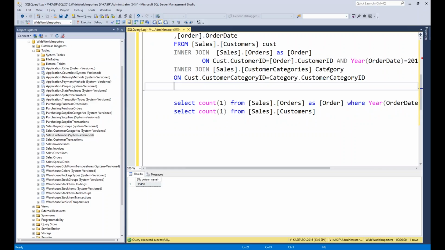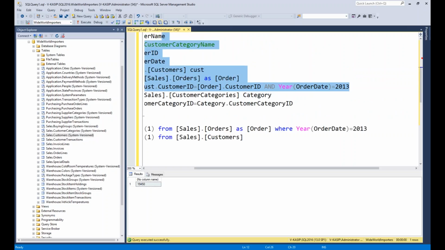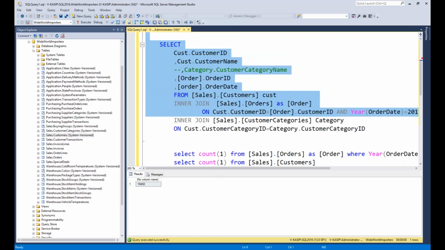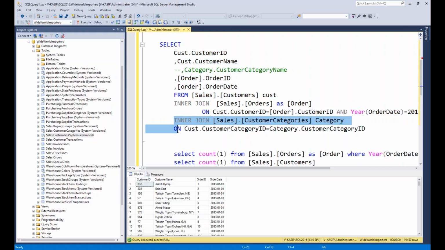Then if you do this, how many rows will it produce? 19,450. Instead of getting 73,000 and then filtering to 19,000, the join itself will filter out to 19,000. Then the subsequent actions it has to perform will drastically reduce your time.